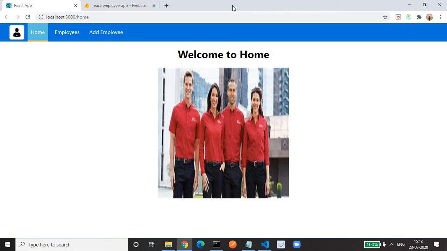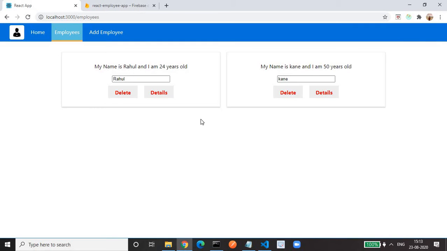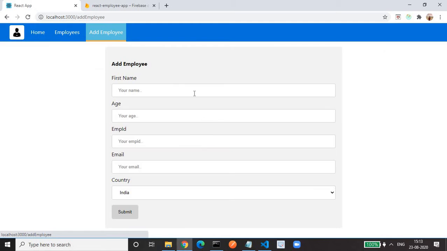Okay. So this is my application. I designed the entire application using Redux. These are all coming from the Firebase. We are using the Redux concept in add employee also, where we can add the employee. Okay. So in the employees section, if you see,